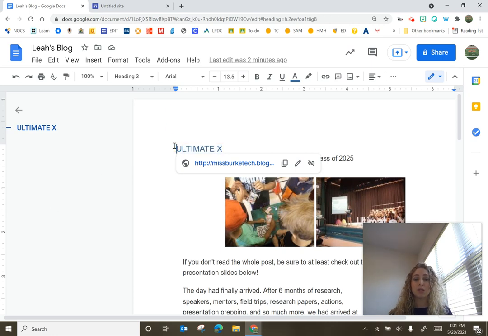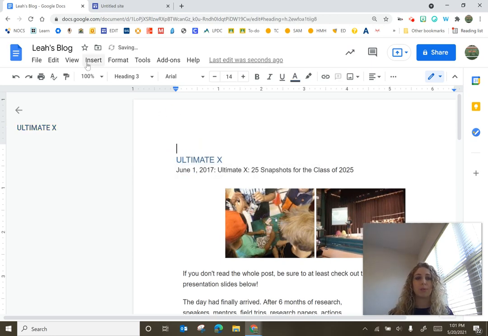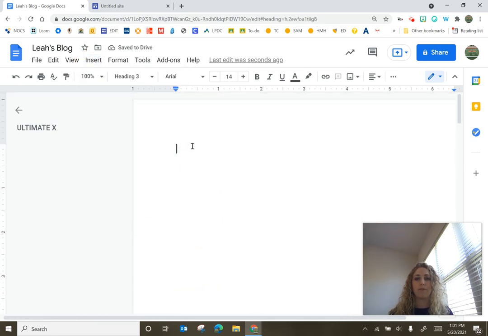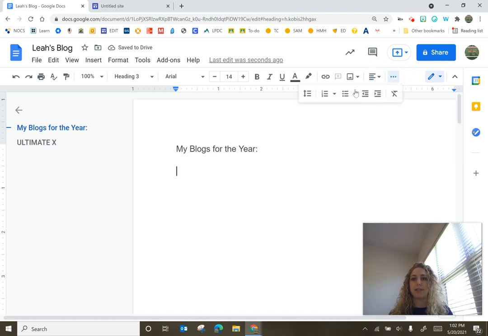The other thing students could do in a Google Doc is we're going to go ahead and insert a page break. And we're going to have a first page. And perhaps they have a table of contents where we're going to put Ultimate X, and this was, I think, somewhere, we'll just put June 2017. So they would list each of their new blog posts at the top in a table of contents, and then